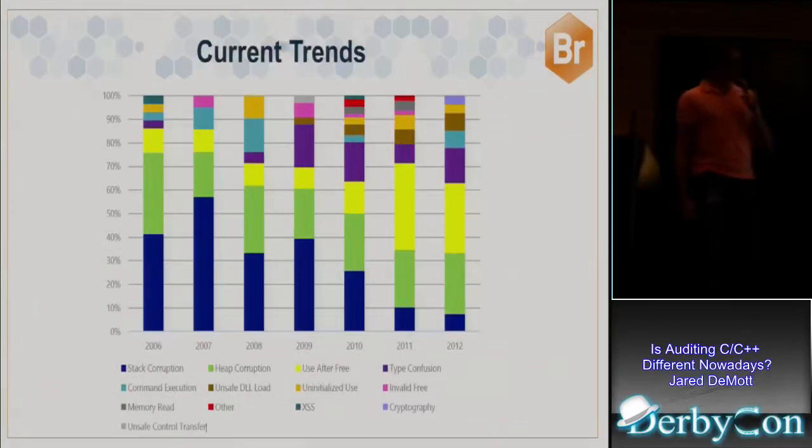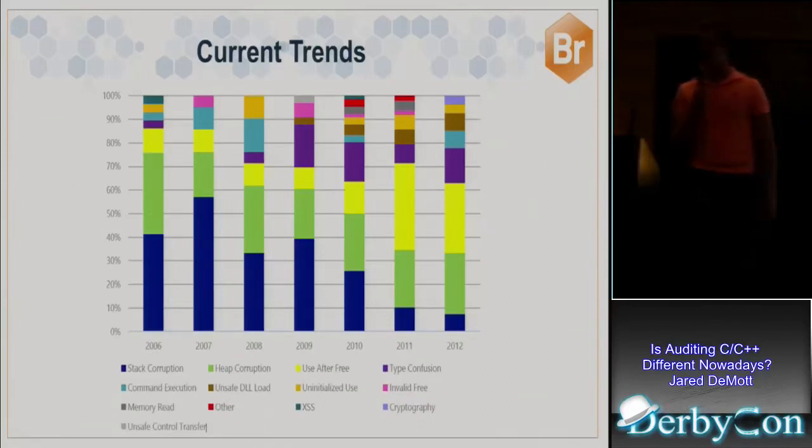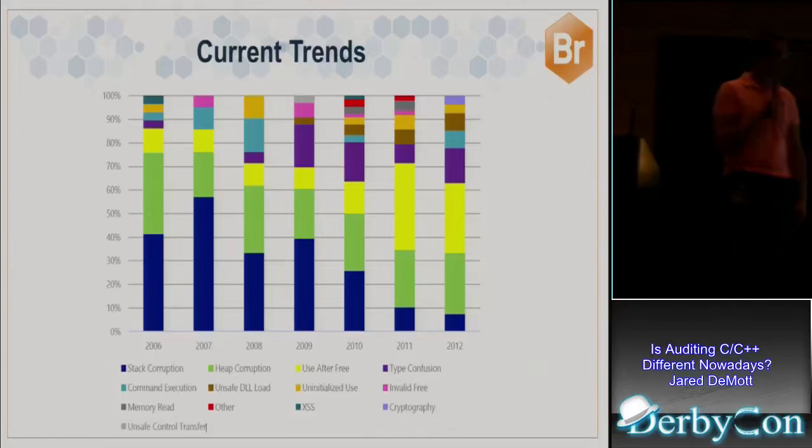So here are some current trends that I pulled out of a recent Microsoft paper, and they show some interesting things that I wanted to highlight. The fact that the simple stack corruptions, like look how many there were in 2007, like 60% of bugs that were exploited were stack overflows, right? And then in 2012, there's not very many of them, right? Why? Because they're a lot harder to exploit. You've got DEP and ASLR and all this kind of stuff, right? And there's not as many because people don't use strcopy anymore, right? They've decided that that's a bad function and they've found something else. So there's a sense that some of those types are going away.